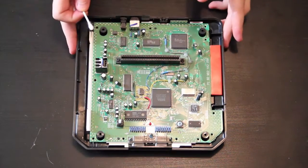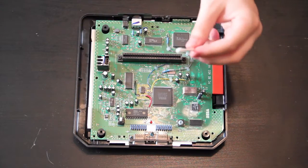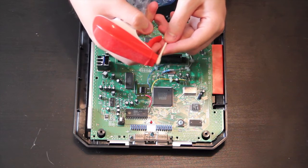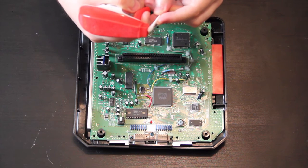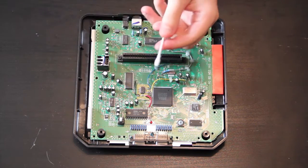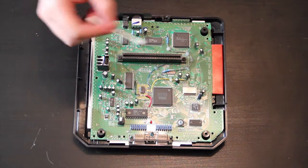Now next we're basically gonna do the whole thing exactly the way we just did that. We're gonna do it with Q-tips. So basically you just take some Windex. If you've ever cleaned like a cartridge game before, this should be familiar to you. You just put a little bit on the end. Just not a ton, you know, just a tiny bit. It's kind of hard to do this and stay in camera at the same time. So sorry. But anyway, just a little bit on one end of the Q-tip,